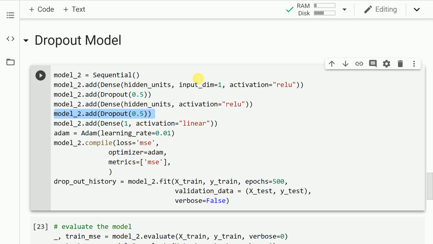Now if you look closely, there is a number called as 0.5. So 0.5 is the probability of how many neurons should be switched on during the training phase. So if I have X number of neurons, then only 50% of the neurons would be active at a given training phase. The 50% of the neurons which are active may not be the same neurons that become active in the next iteration or the next epoch. Now that the concept of dropout is clear, let's move forward and train the network.